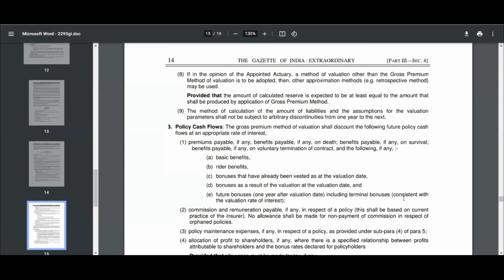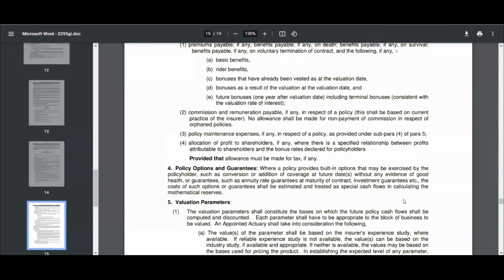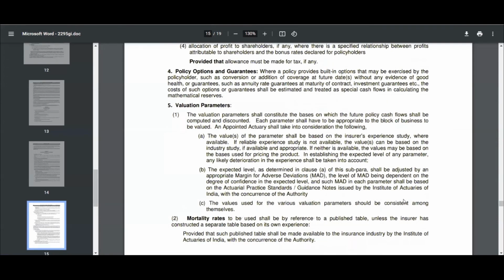Moving on to the valuation parameters. The valuation parameters should be appropriate to the block of business being valued, and these are actually used to project your expected cash flows to be discounted at a future date, right? That's why the valuation parameters should be based on the past experience of the insurer, if available. If the past experience is not available, then it should depend on the industry experience, if available. If the industry experience is not available, it should depend on the basis used for pricing. However,